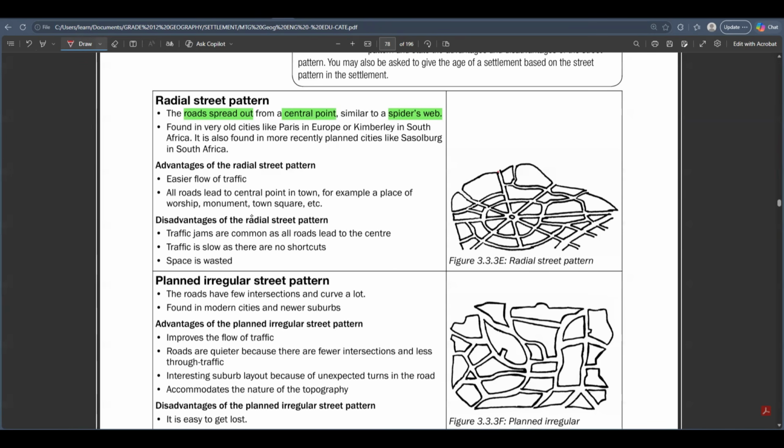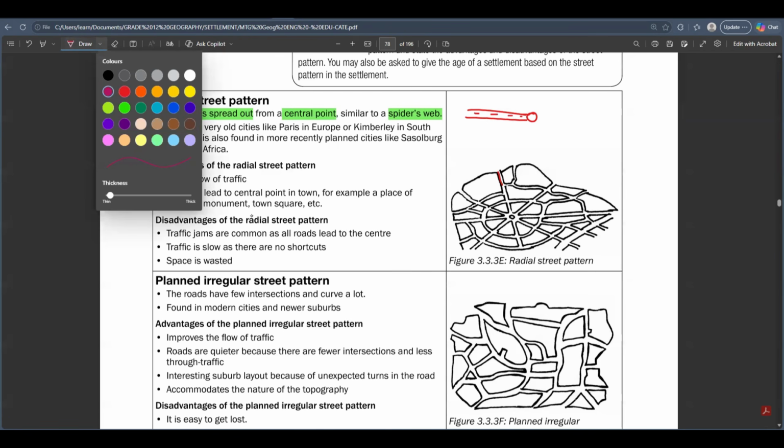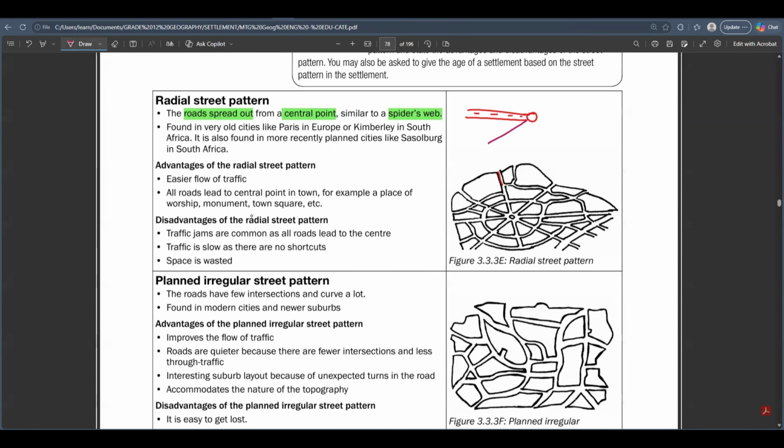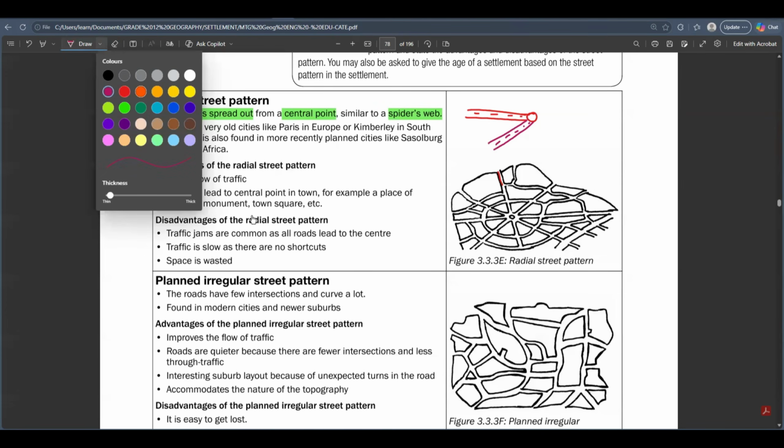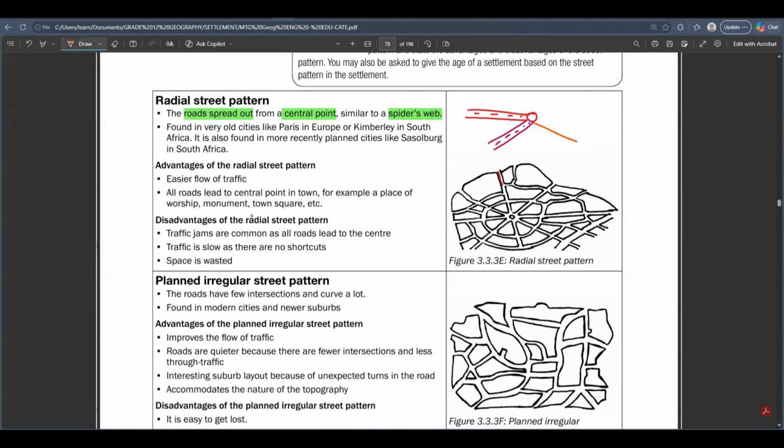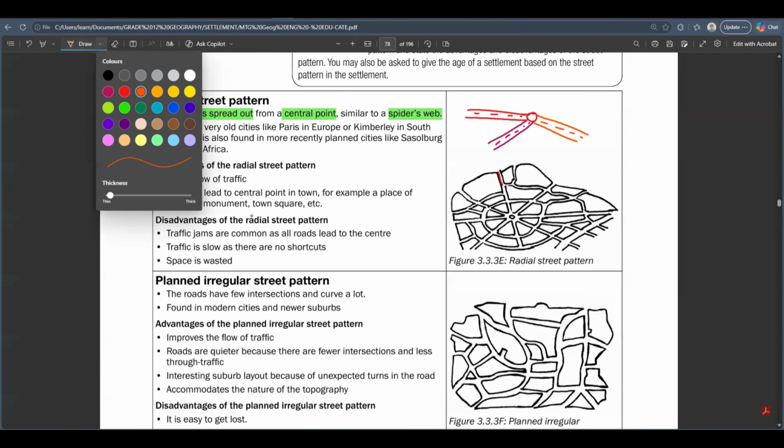No matter what, they are going towards the same point. So here you can see that we've got a road here. So basically, let's just say this is a common point. I like making my own diagram. This is the common point. And then you have got a road coming to this point. This is a road coming to this common point. And then you have got another road coming from the side. It is still coming to the same common point. And then you've got another road as well. You've got another road here. And then let's just make one more road here.